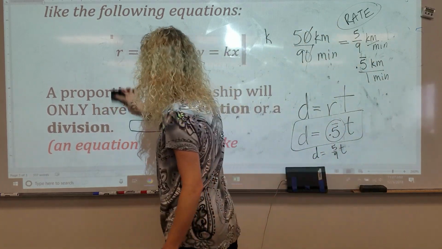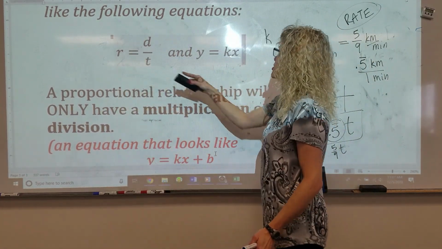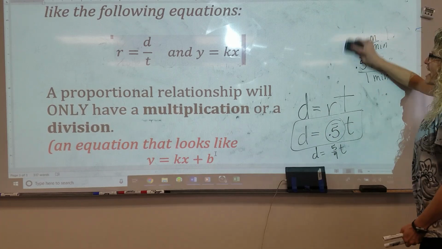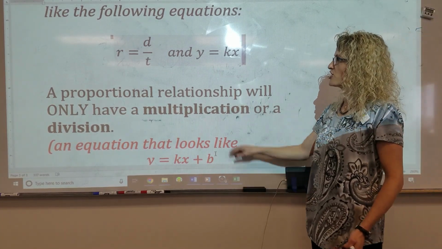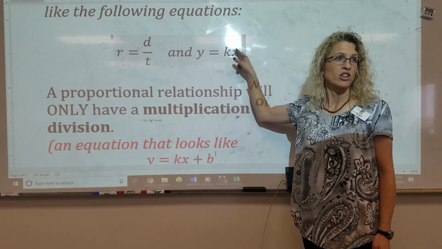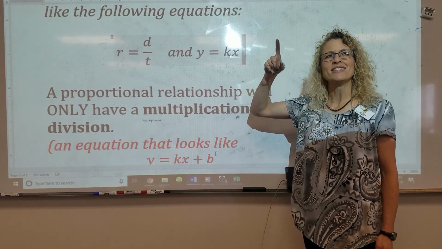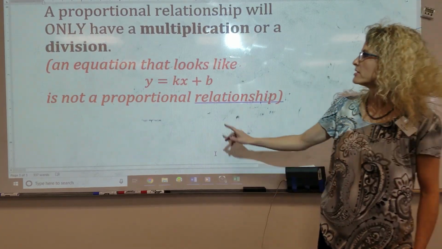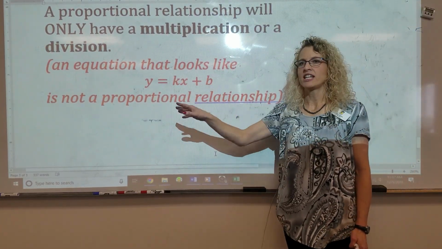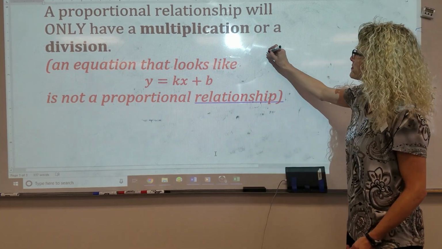If the question says, is this proportionate? If there's nothing being added or subtracted from it, it usually is proportionate. You just have to check to make sure there's no exponents. You need two variables. What is not proportionate? Right here. If you have something added, guaranteed it's not proportionate. Let me show you why. Let's take an equation